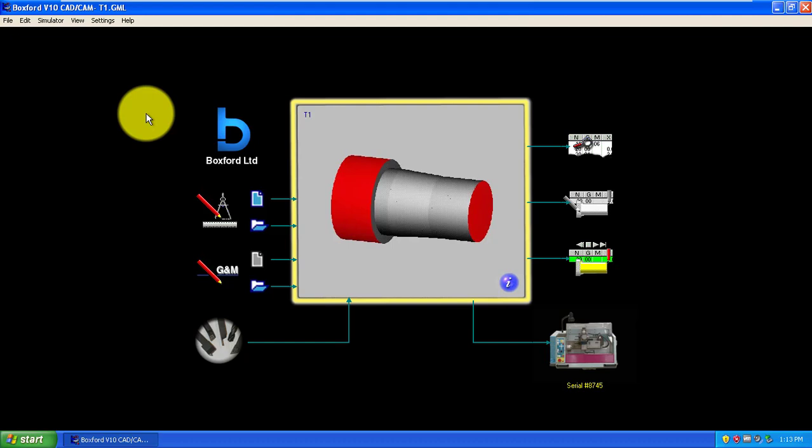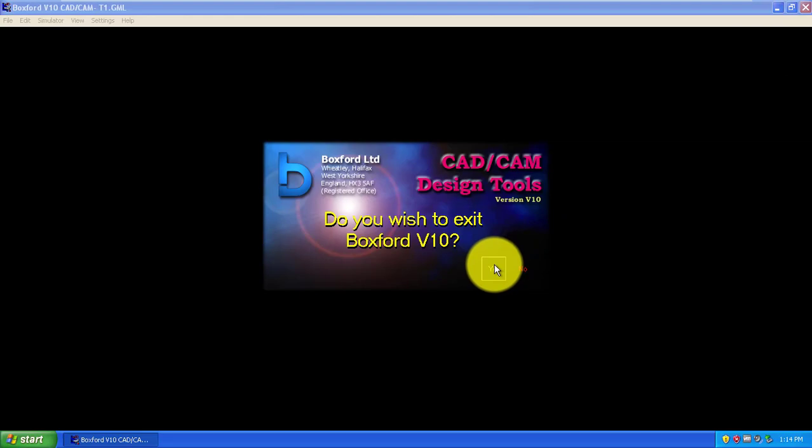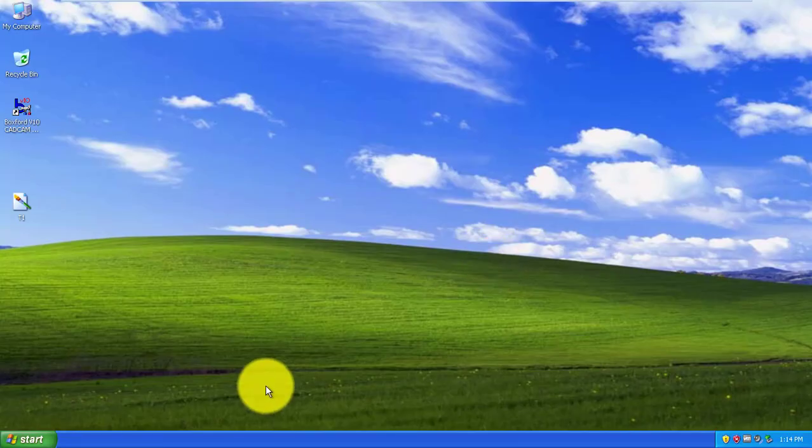After validating the model through simulation, we can send the codes to the manufacturing machine, the CAD/CAM Boxford machine, for the manufacturing of the object. Then you can close after completing the real-time manufacturing.